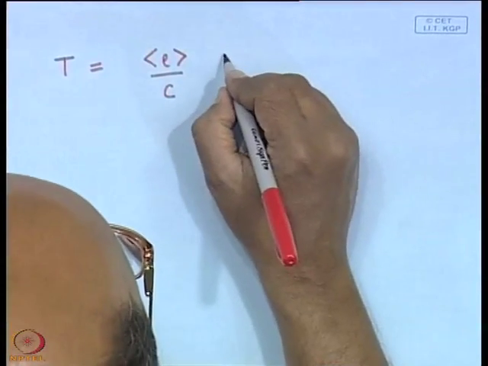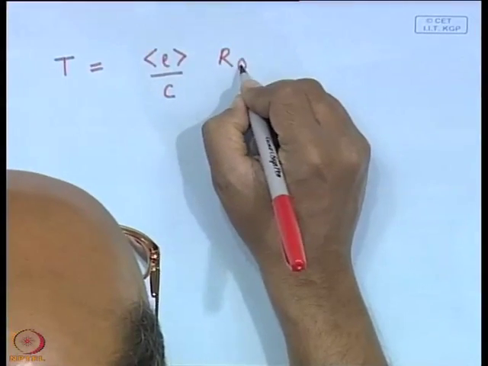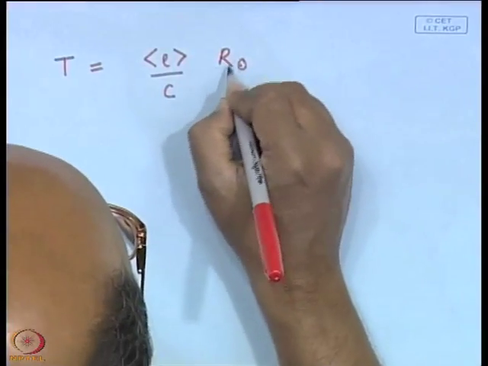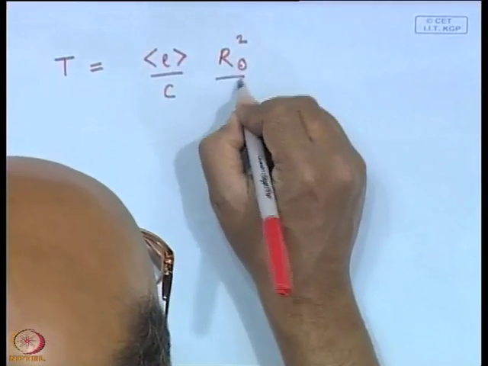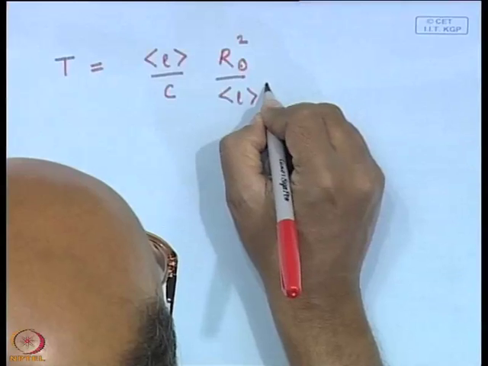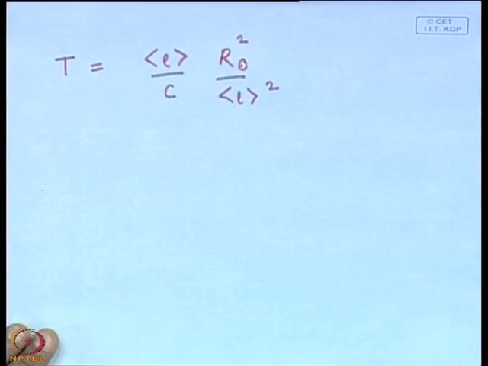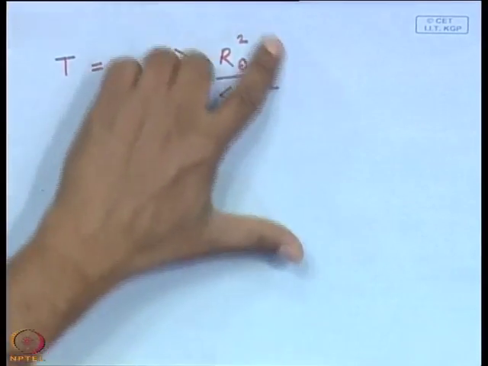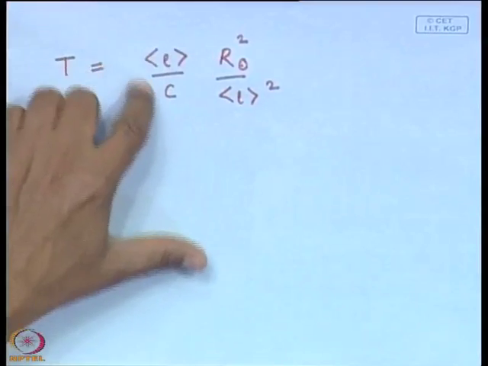This into the number of steps will give me the time the photon takes to come out. The photon does a random walk inside the sun and finally at some time it will be out in the course of this random walk. It has to take these many steps and this is the time for each step,